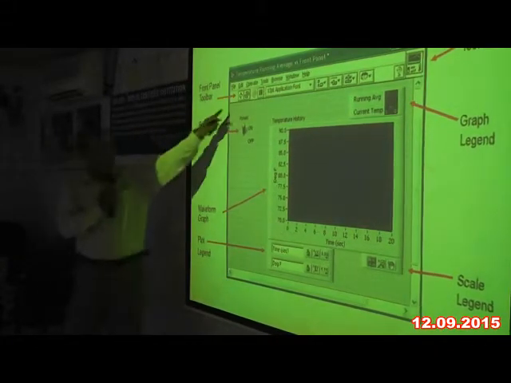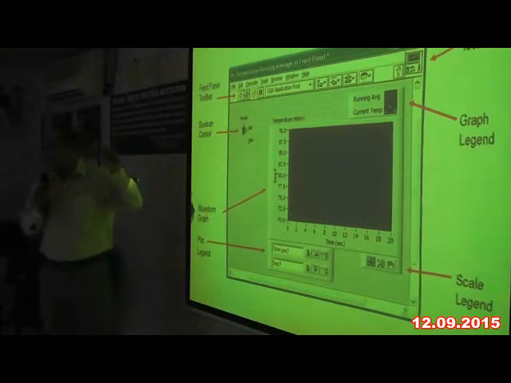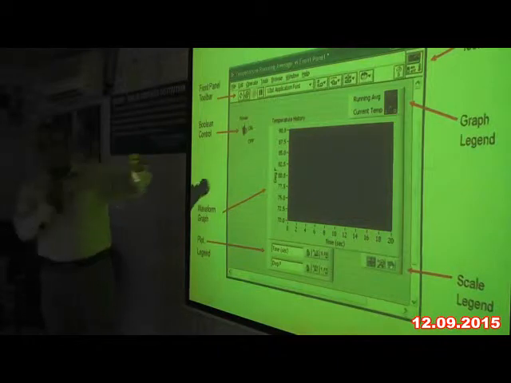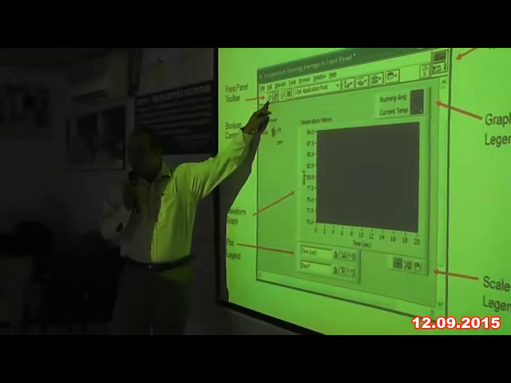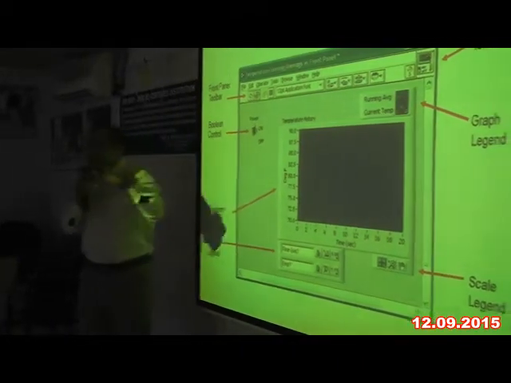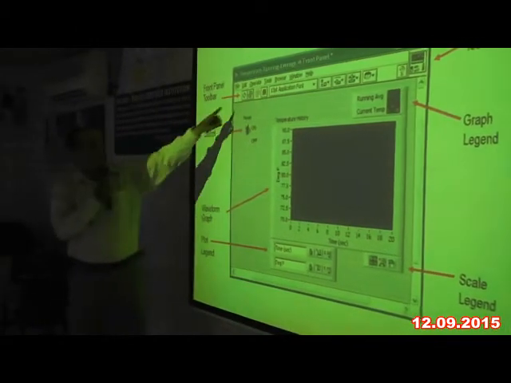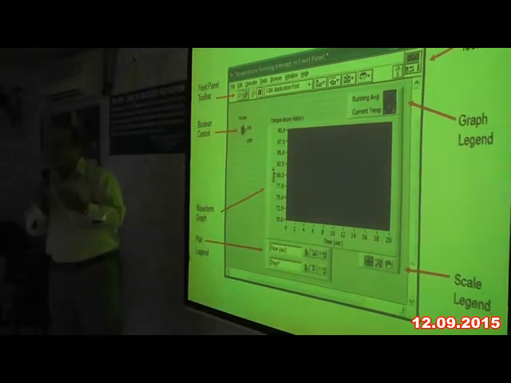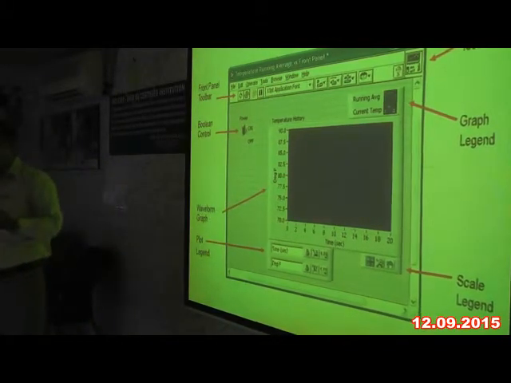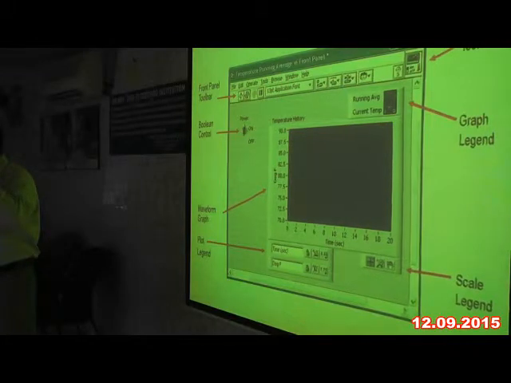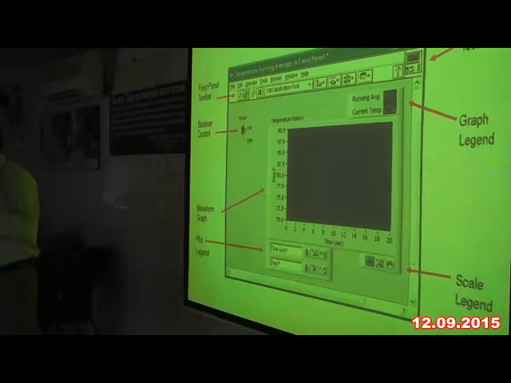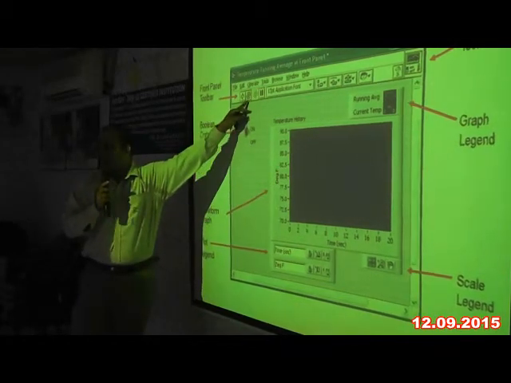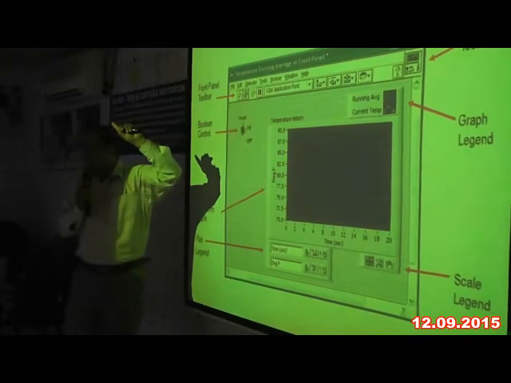This is a front panel toolbar, where this arrow indicates the execution of a LabVIEW program, a VI. This is a single time execution of a program, and this is for continuously running my program. It's like a while loop. When we put a while loop, whatever code lies inside the while loop keeps on running. Right? The same thing happens in this case. So this is continuous run, and this is single time run.